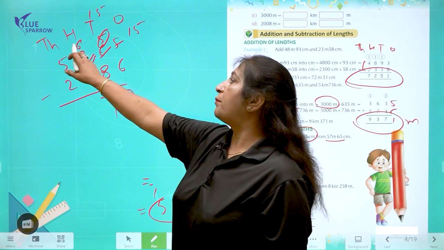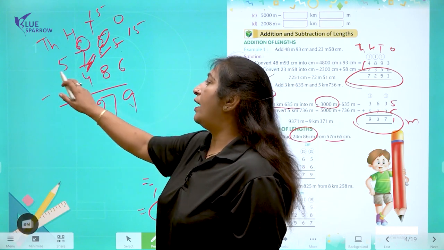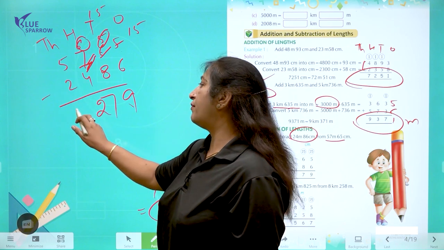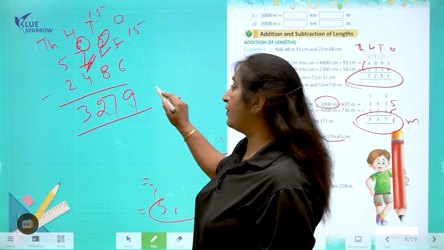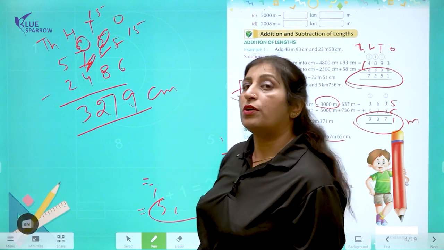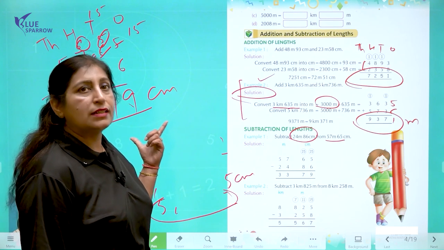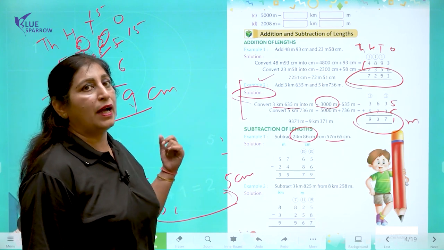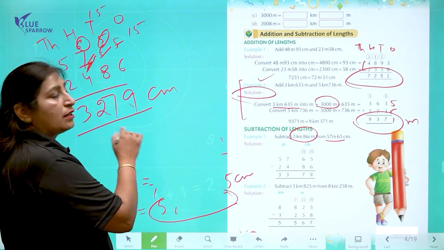Now we have to subtract 4 from 6. It gives 2, and when we subtract 2 from 5 it gives 3. So your answer is 3279 centimeter. But your question was asked in the form of meter and centimeter. Now we would convert this number into meter and centimeter by dividing it by 100. So when we divide this number